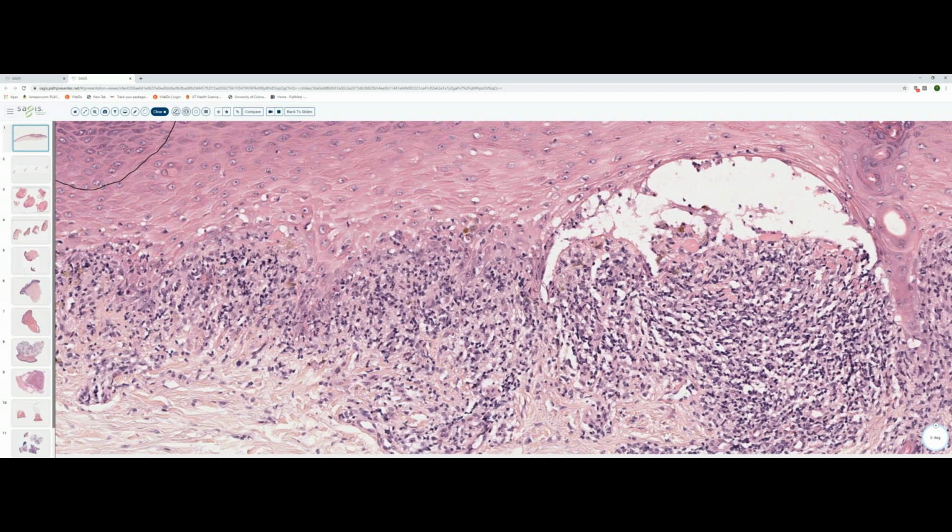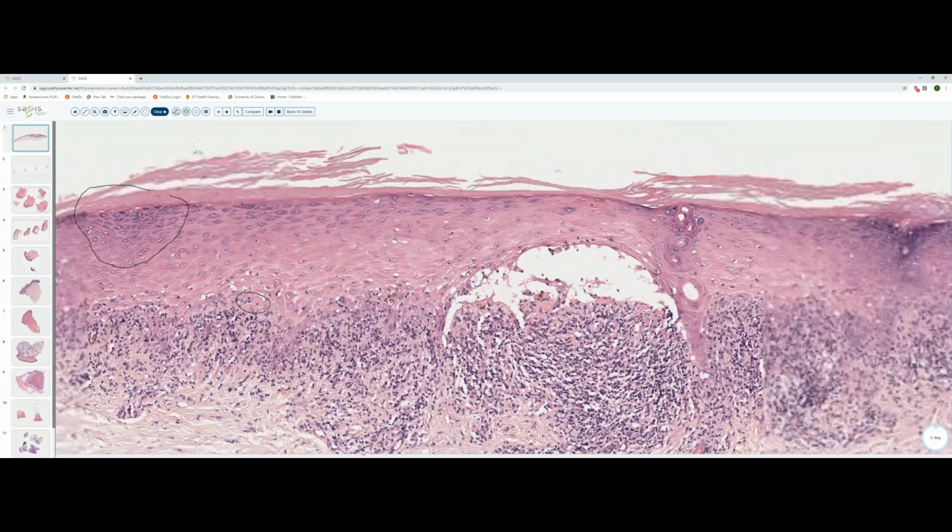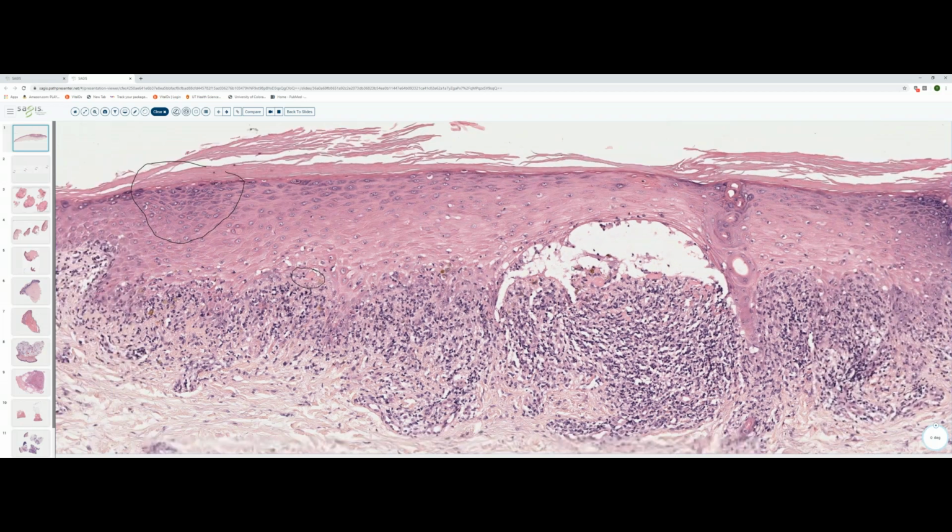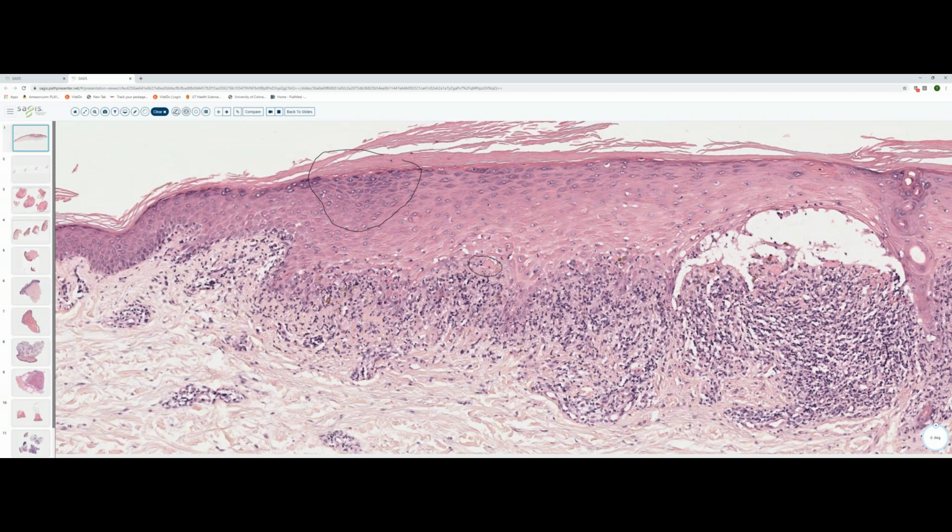There are a few apoptotic or necrotic cells evident along the basal layer, circling one here with my pencil. The infiltrate is largely lymphocytic with a few melanophages. And a point that we made last week: anytime you see a lichenoid infiltrate obscuring the dermal epidermal junction, you're going to have a little